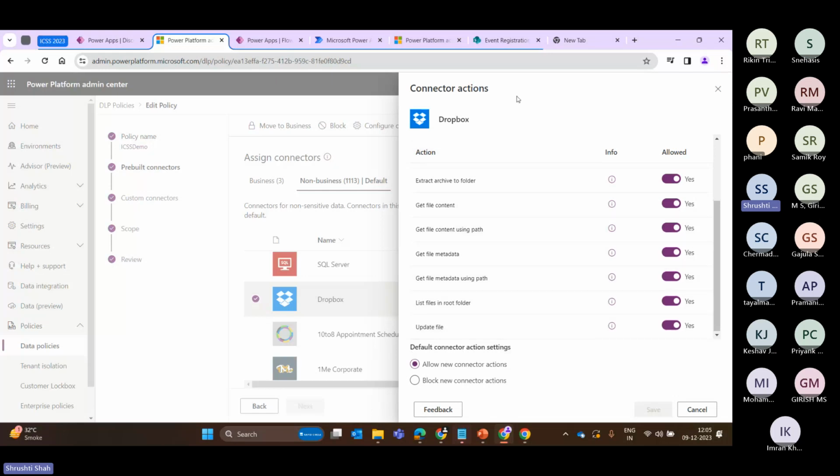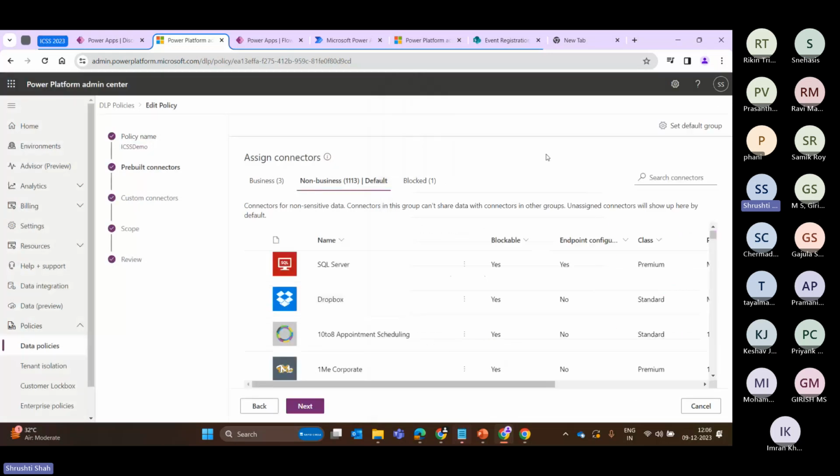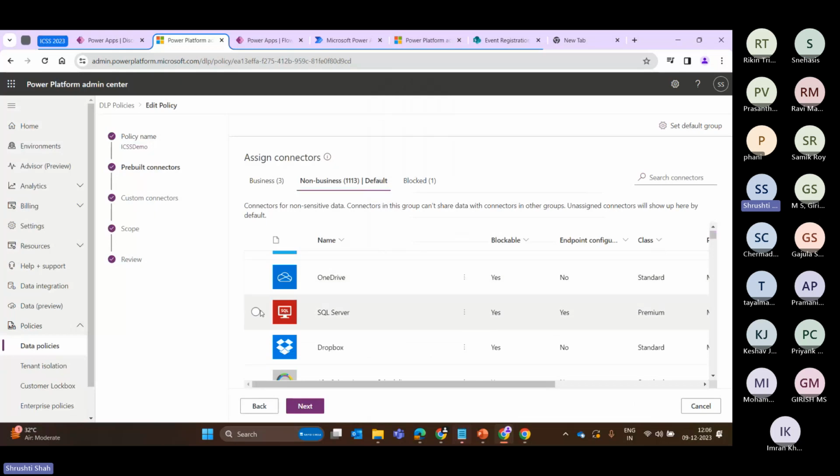You can update this. Let's say you only want these actions to be allowed for your tenant, then just allow them and keep those as allowed, and you can update the default to block. So whenever the Dropbox team creates a new action, it will be in the blocked state and not in the allowed state. For now, you can keep this as allowed, we are just demoing it. Okay. Same goes with SQL,